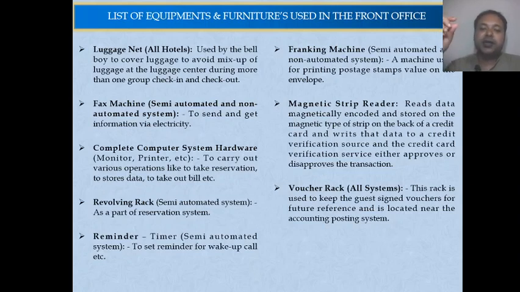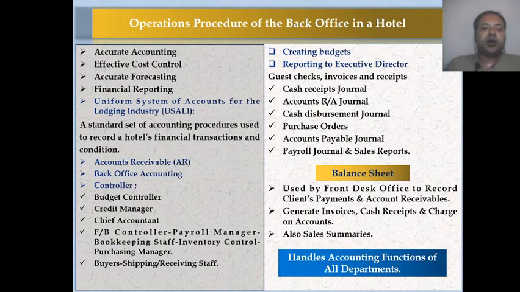And the magnetic strip reader: if some hotels use an automatic door system with punch cards, then they have strip readers in certain sections, and so on. Now, if we see the operations and procedure of the back office in a hotel, the back office is another essential